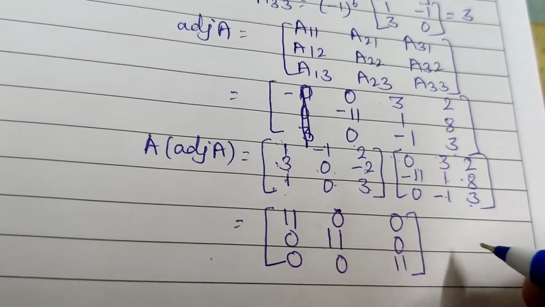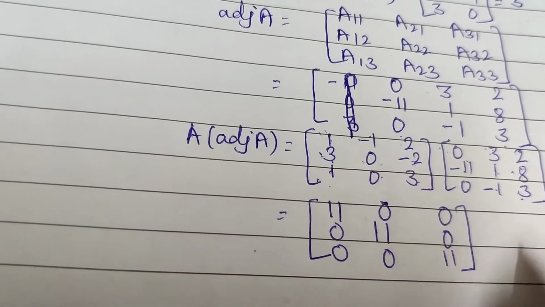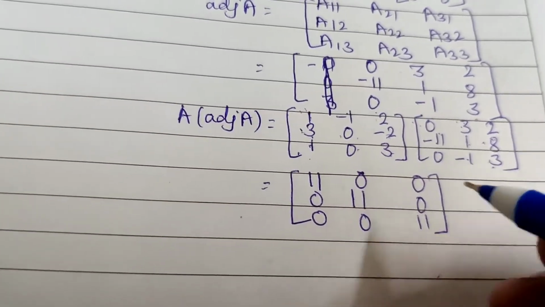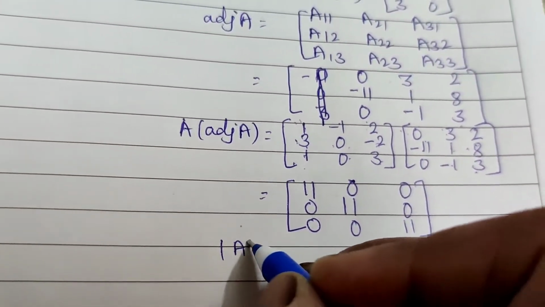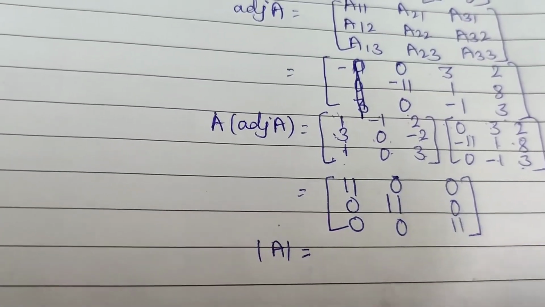Okay, this is the A into adjoint A, and the determinant A, the value of determinant equal to,